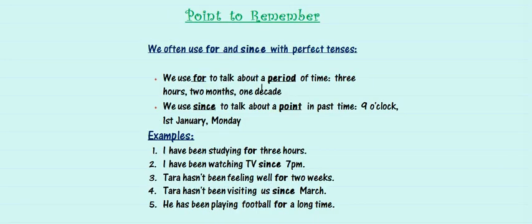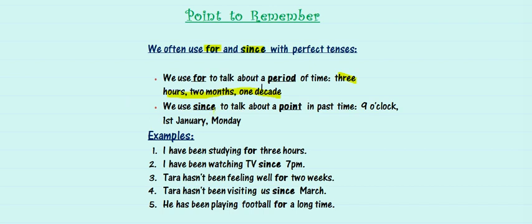Now let's see a few important points to remember while you are using the present perfect continuous tense. For this tense, you have to often use for and since. These are two important terms that will quite often come along with your sentences. Like you can see, we use for to talk about a particular period of time. That is, whenever you're using a time like 3 months or 3 hours or 1 decade, in such kind of sentences wherein these words will come, for will come along with that. For is used for a particular time period.